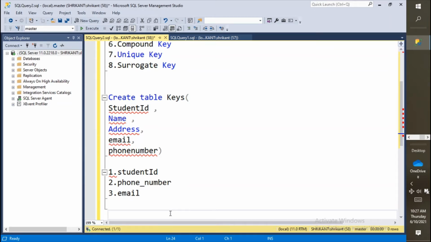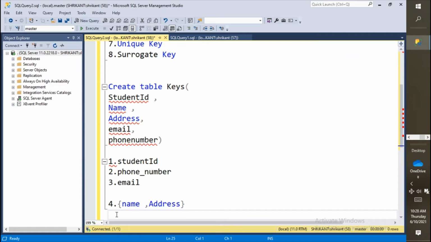And there could be the possibility of a combination of, let's say, name and address, because one name could belong to different persons. More than one person might have the same name. So if I go with a combination of name and address, this could represent the uniqueness.